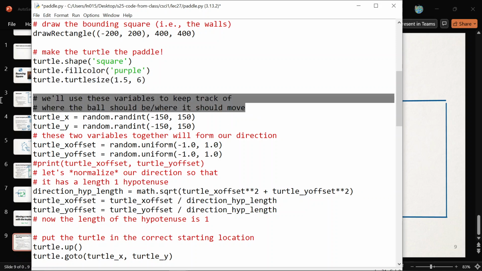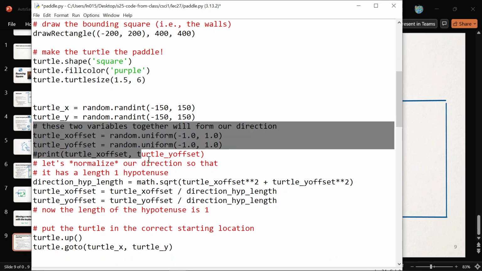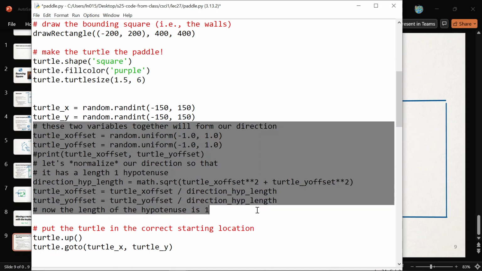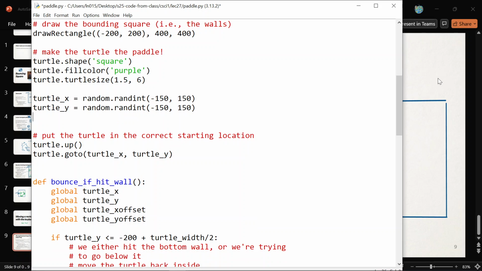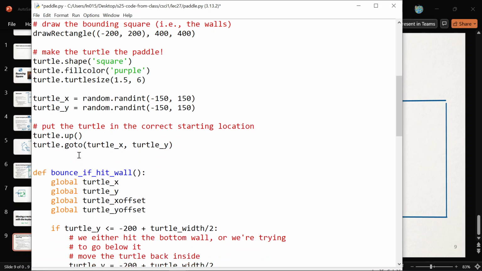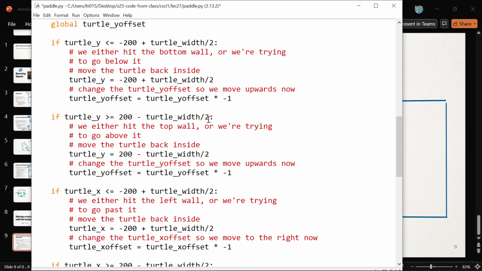So we can use x and y again. So I'll keep those. Let's see, how do I want to do this? Just get rid of all of this. And now the x and y will be the starting location of the paddle. I'll deal with that later. And then